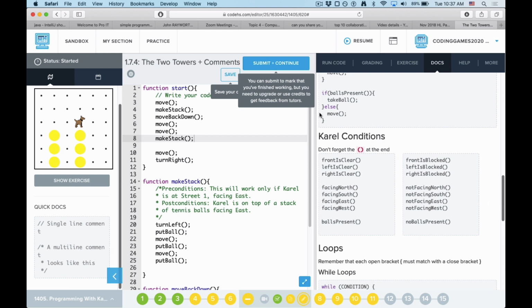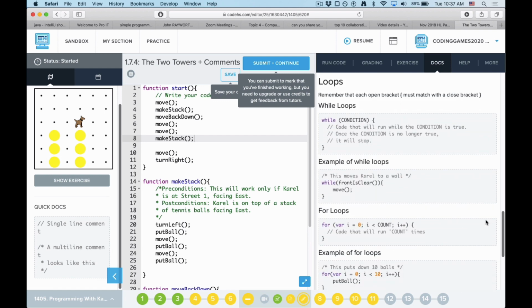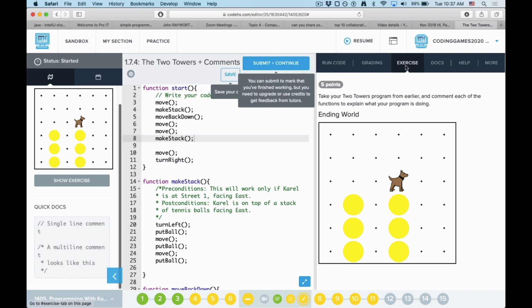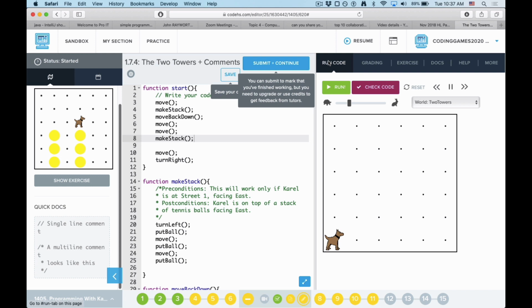There's your if-else, there's showing you the cuddle. Your loops, you haven't done the while yet, but you've done the for. So anyway, everything's there. The exercise is restated over in this tab. And back to run code. And maybe the final thing I will mention, well, I can't get that to go away, but the final thing I'll mention is don't forget when you are